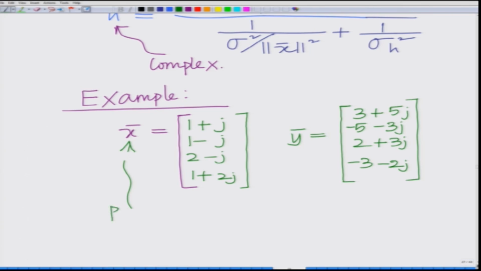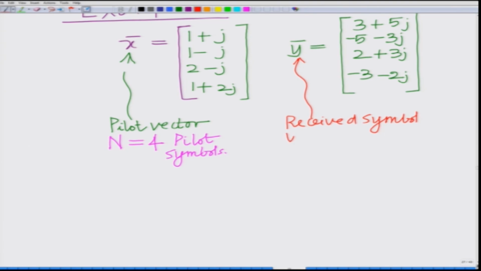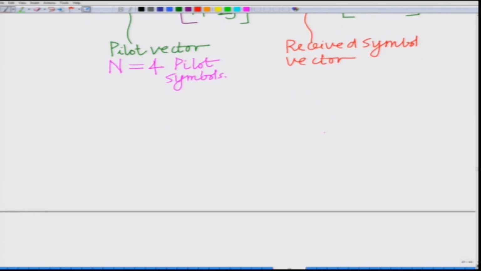What is x bar? X bar is our pilot vector, and you can clearly see the pilot vector is 4 cross 1, which implies there are n equal to 4 pilot symbols. Now, y bar corresponds to the received symbols, this is the vector of received symbols. Therefore, we have